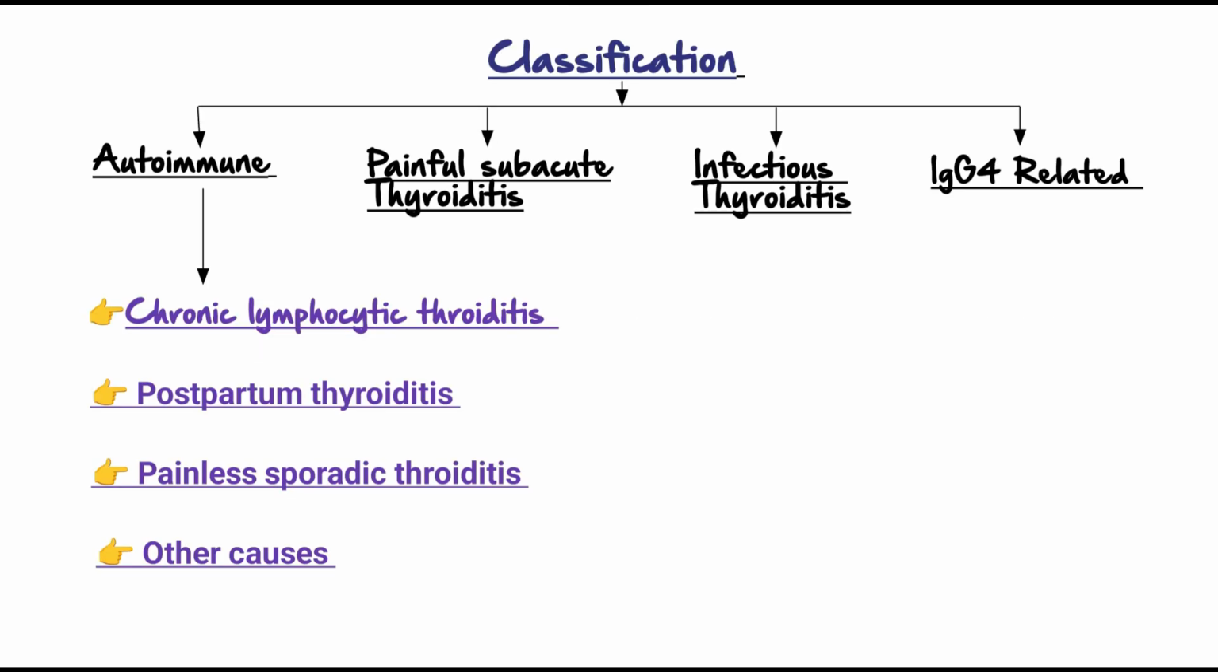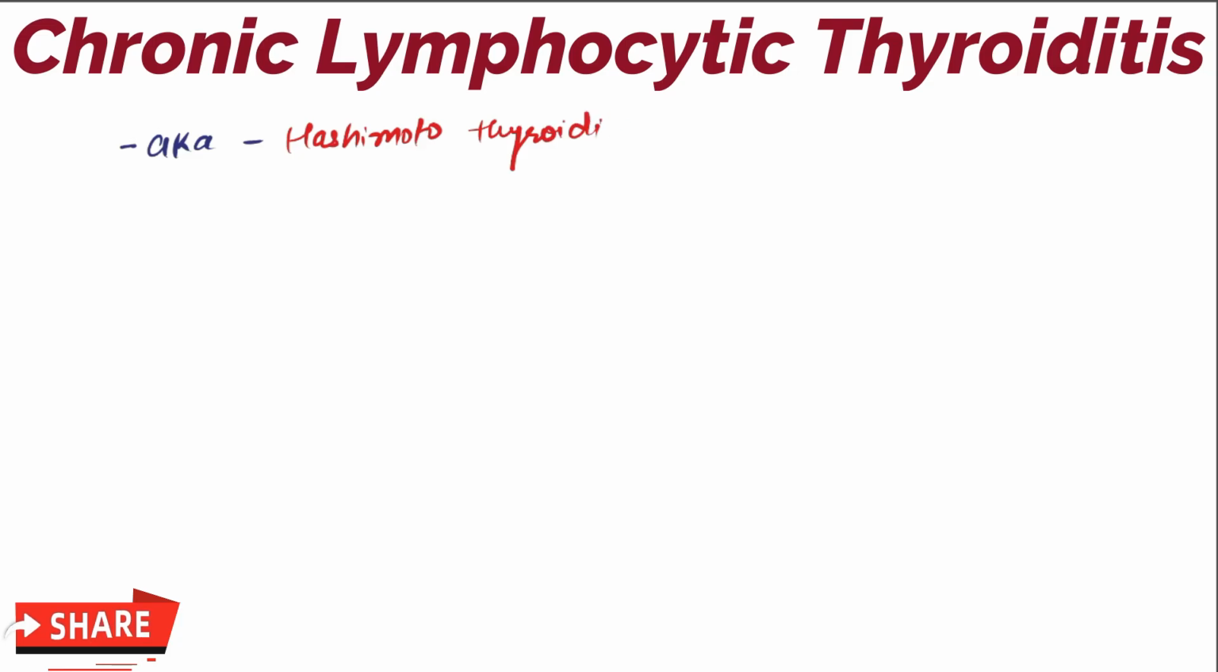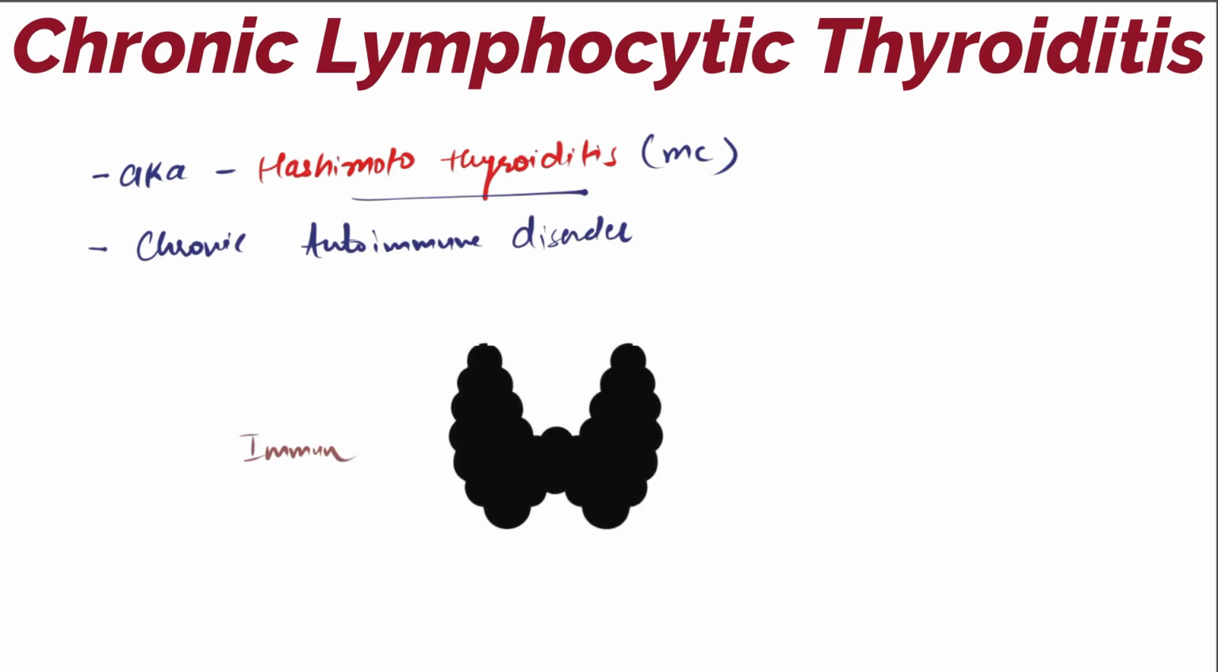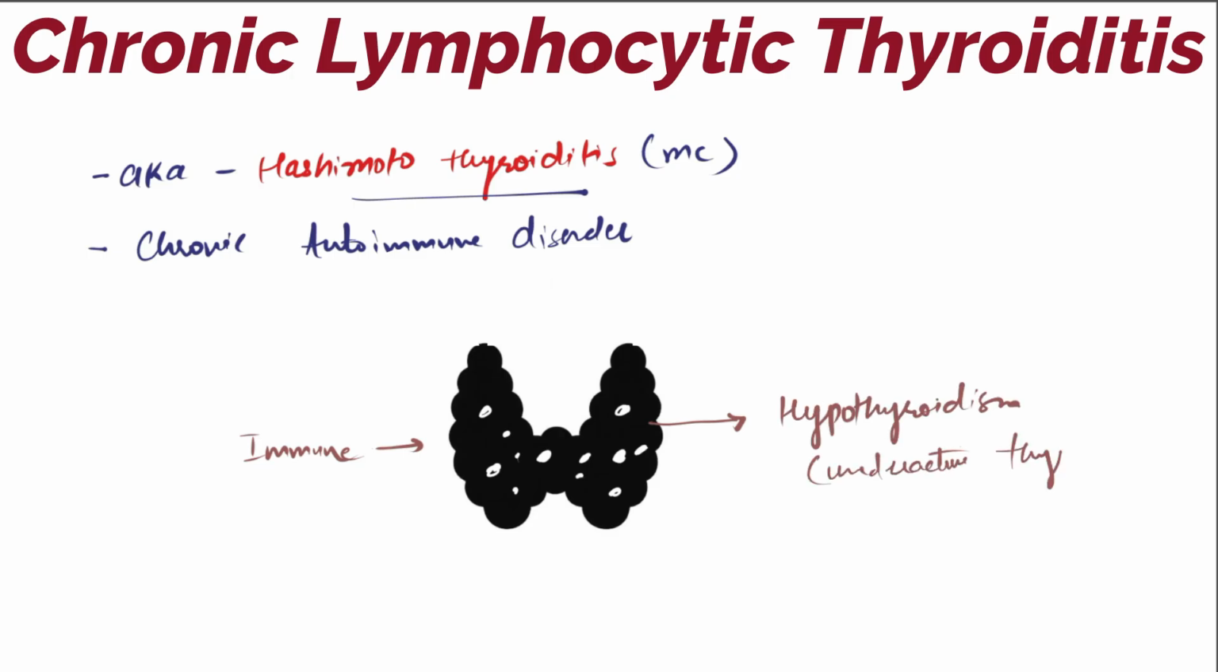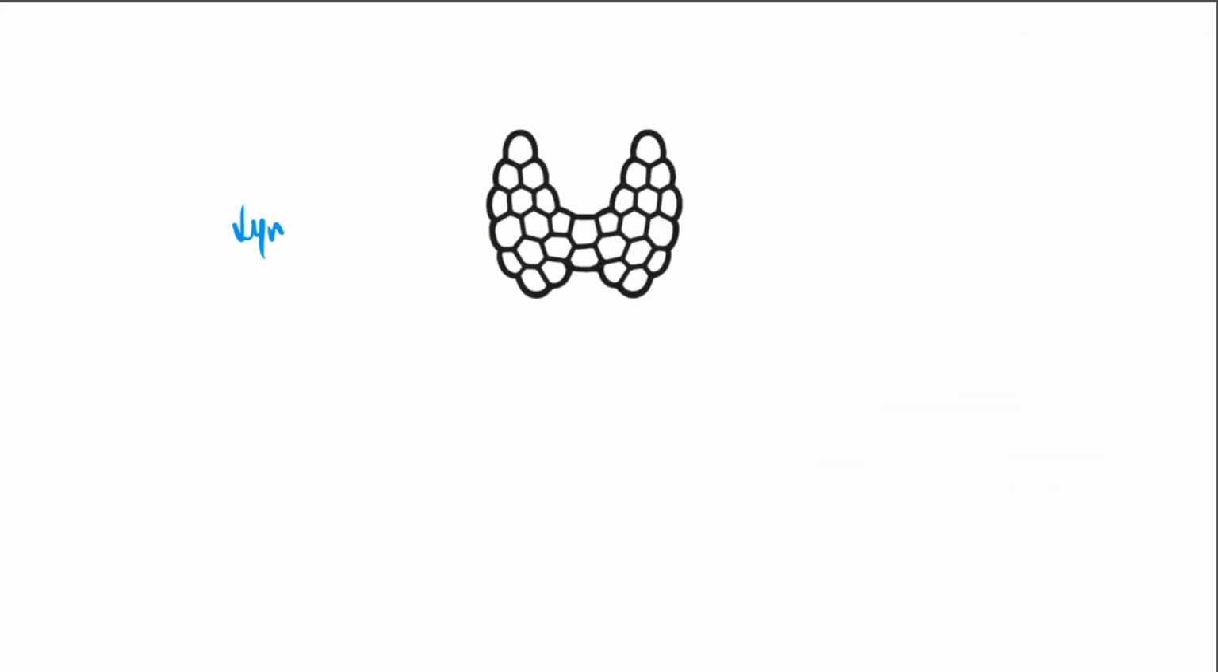Under autoimmune thyroiditis, we'll discuss chronic lymphocytic thyroiditis, also known as Hashimoto's thyroiditis. It is the most common thyroid disorder. It is a chronic autoimmune disorder where the immune system attacks the thyroid gland, gradually decreasing its ability to produce hormones and often leading to hypothyroidism, that is, underactive thyroid. It is characterized by a destructive lymphoid infiltration of the thyroid gland